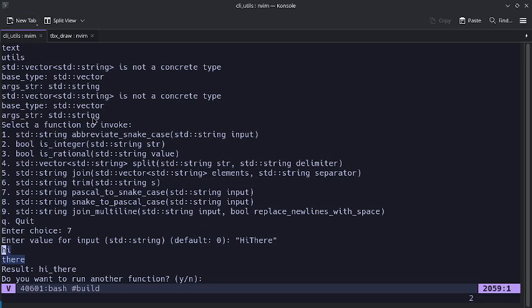And what's going on here is that, as we mentioned earlier, we can have a mapping layer before we get to the canonical representation, which is the literal function call. So we're saying, select function 7. That would mean grab this. And then we pass in this argument, and we can combine that to create the literal call of Pascal to snake case with "hi there." And then we submit it to this metaprogramming system, which can just invoke the correct function,